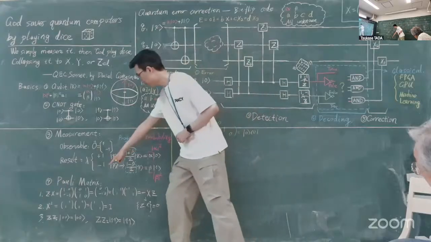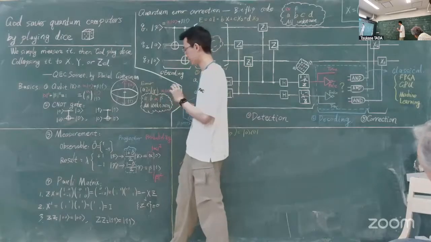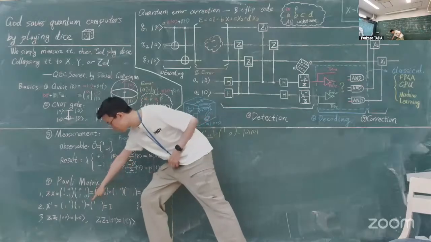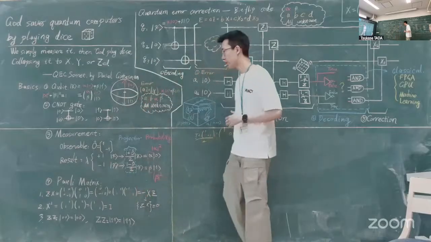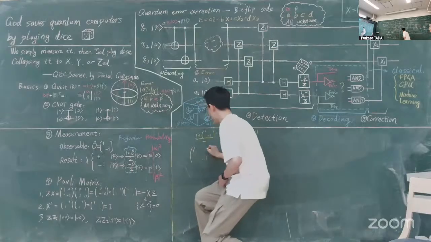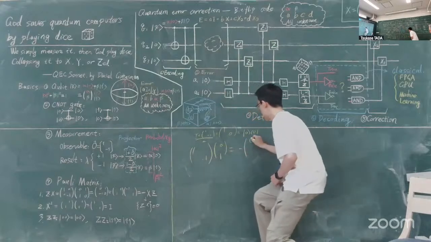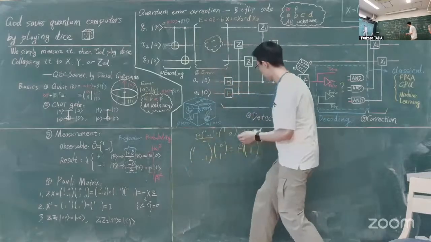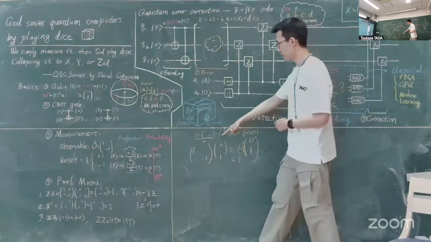And the third is about the Z operator applied on two qubits. Z applied on 0, 0 remains 0, 0 unchanged, and Z applied on 1, 1 also remains 1, 1 unchanged, because Z applied on 1 gives a minus sign times 1. But if this minus sign is squared by the two-qubit result, the minus sign becomes identity. So this also makes the 1, 1 state unchanged.